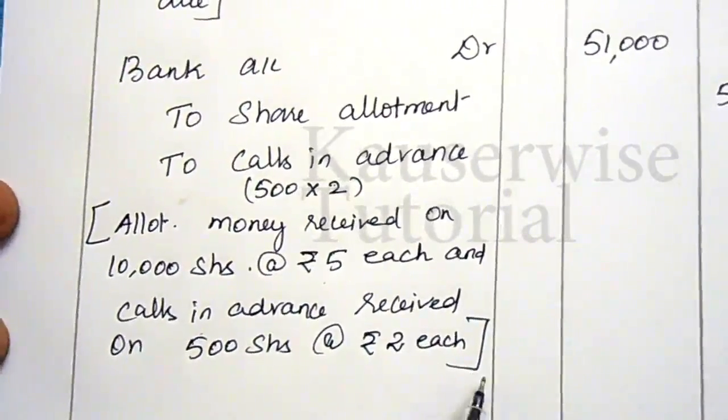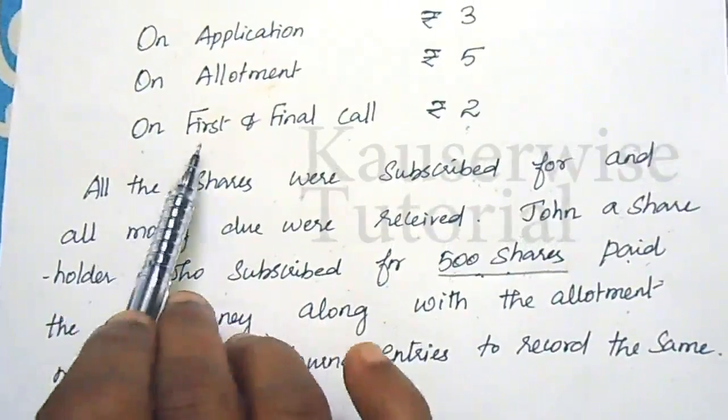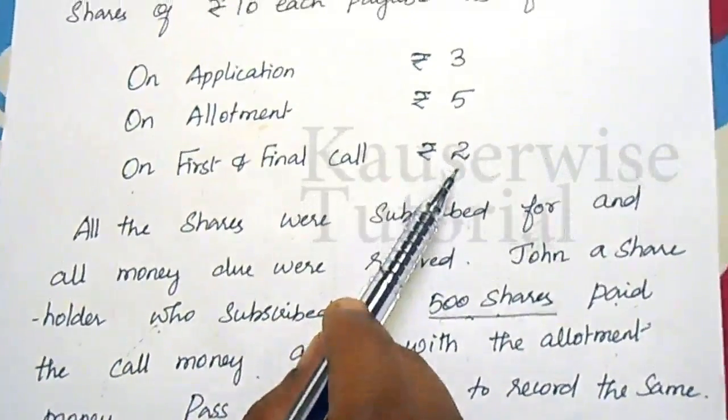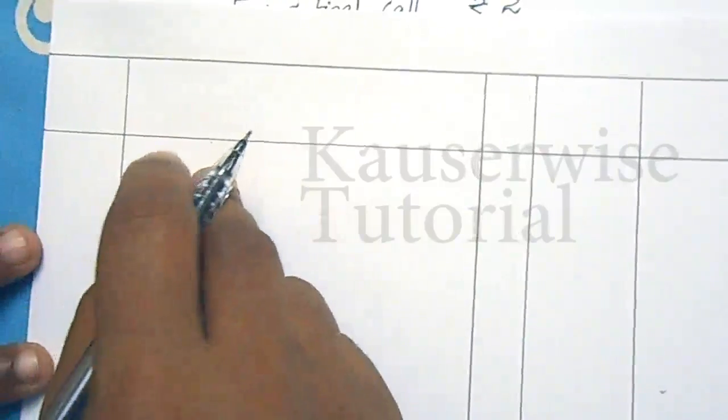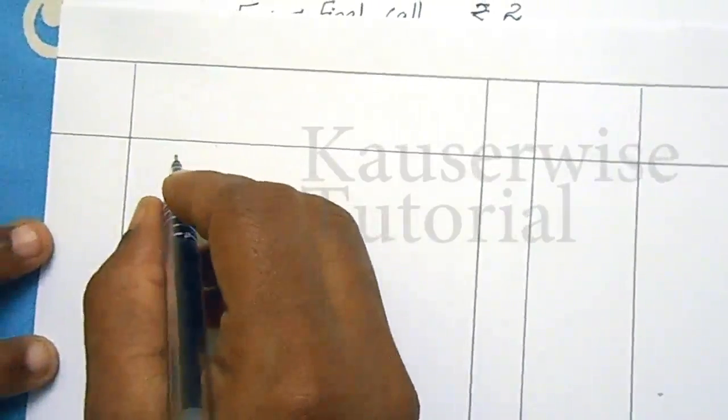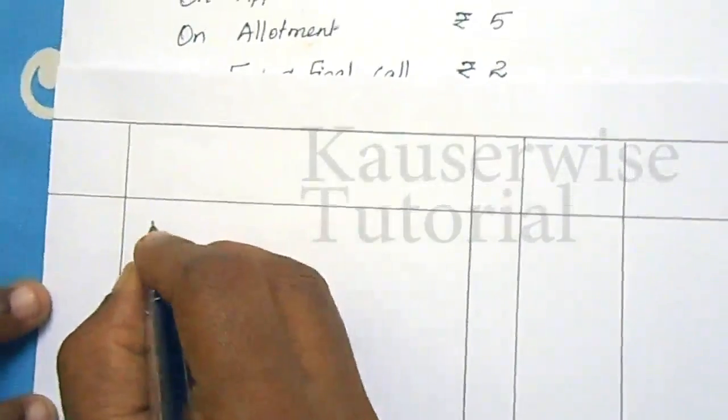shares at 2 rupees each. The last one, on first and final call, rupees 2. Now we have to make the due entry and the received entry. The entry for the transaction, that is the first and final call due entry, is share